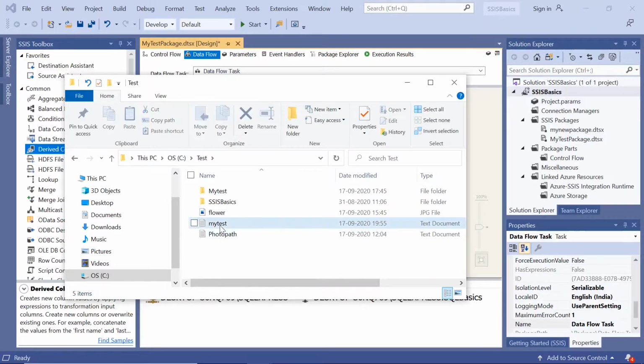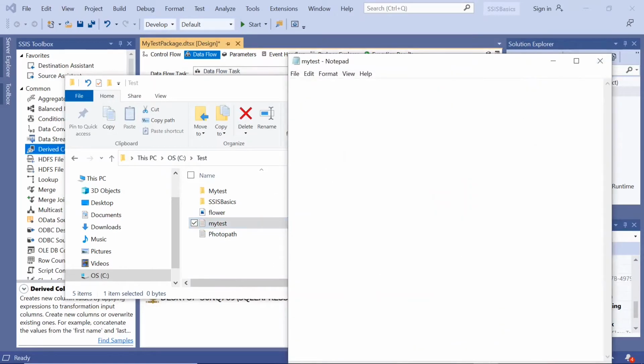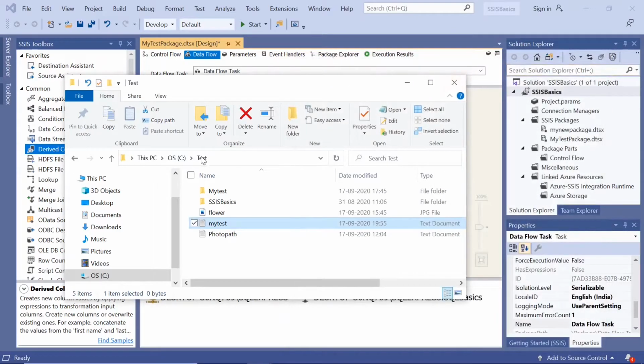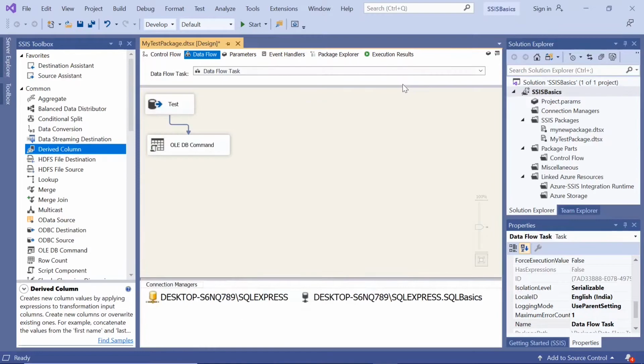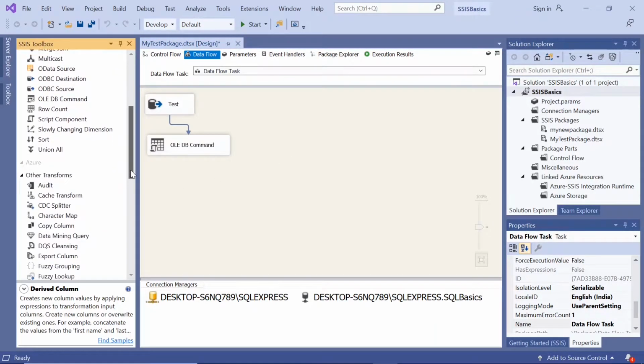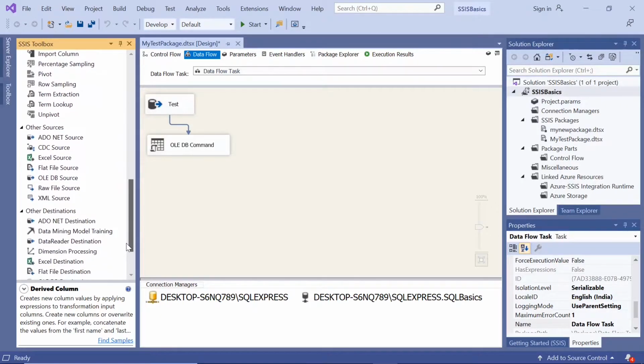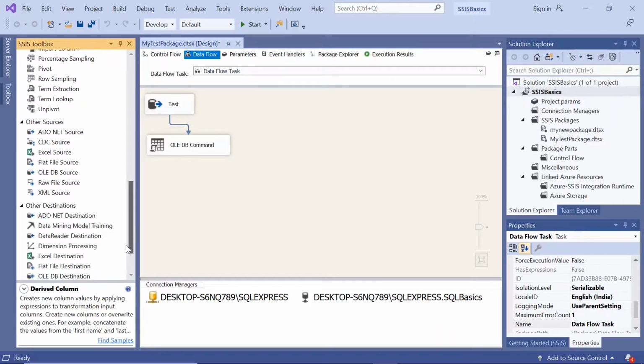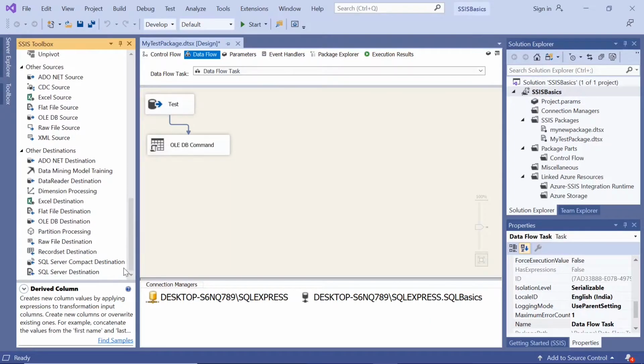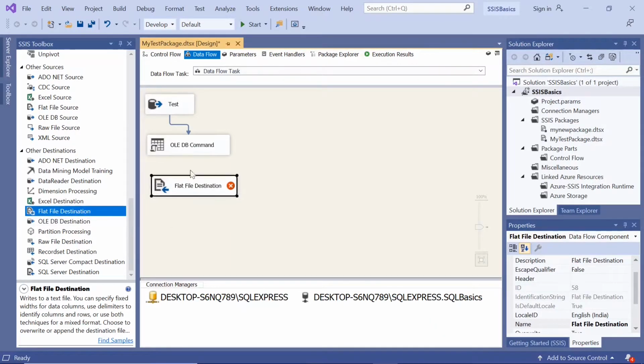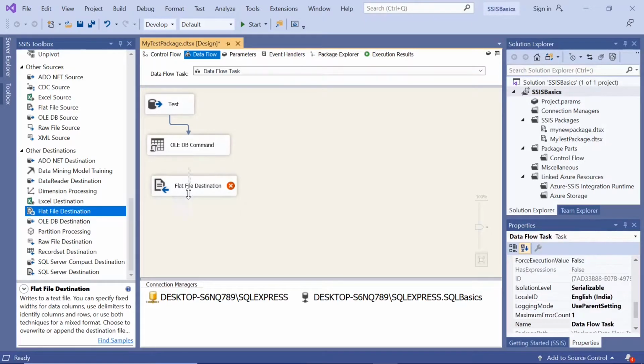This is an empty file I created in the C test path. So here we can take the flat file destination, drag it, connect it,